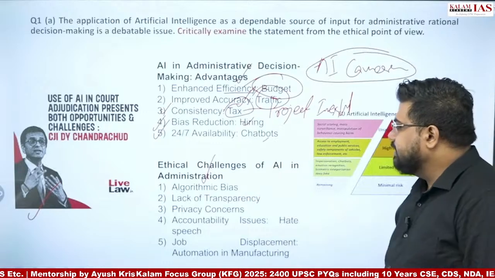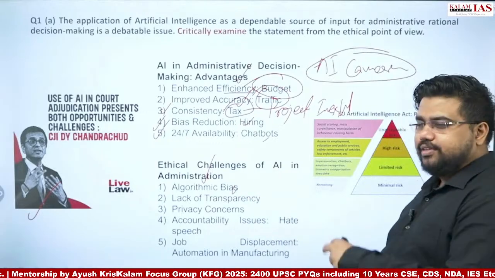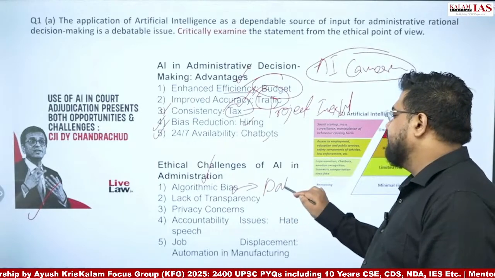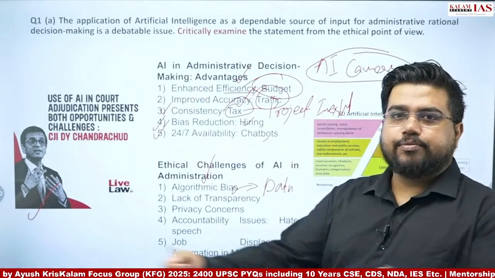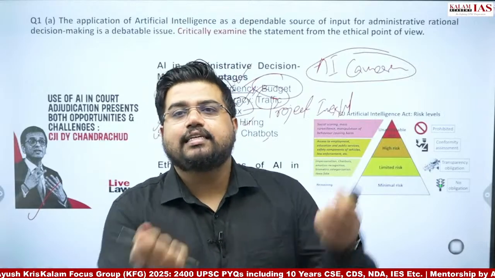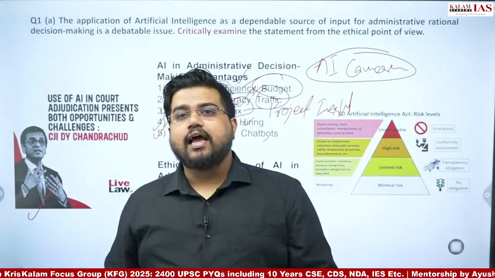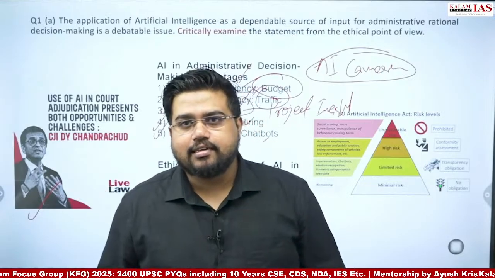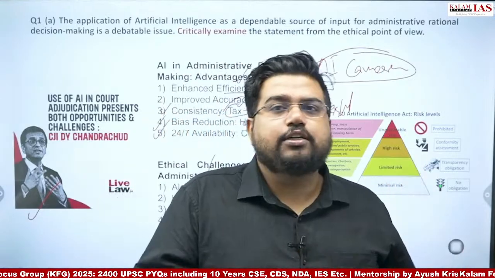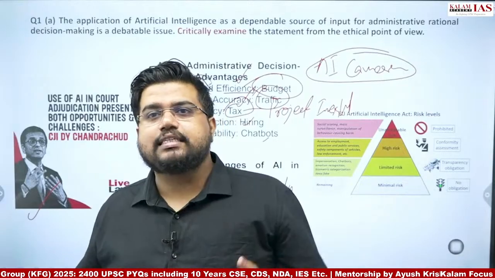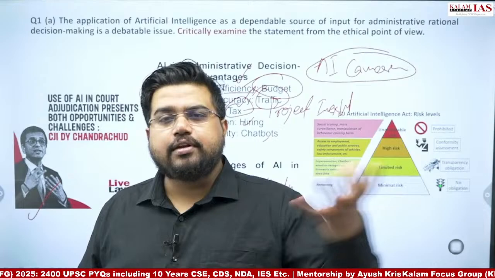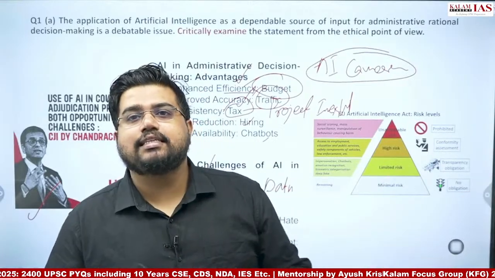Ethical challenges in AI: algorithmic bias, which we usually hear about. How does AI work? AI works based on data. Where is this data taken from? From society. In the US, when the data is fed to the AI and it makes decisions, if it is a black person, they usually tag him with criminality. Why is this happening? Because the data fed from US citizens itself has biases. In the US it is a racial bias, that is algorithmic bias.